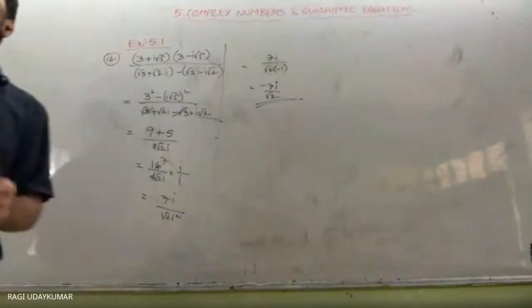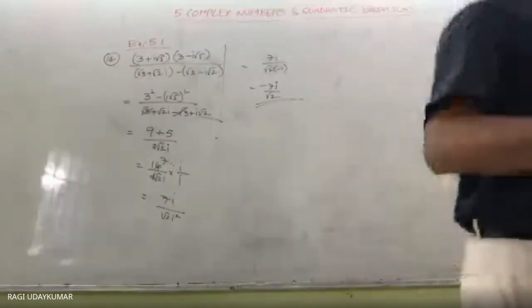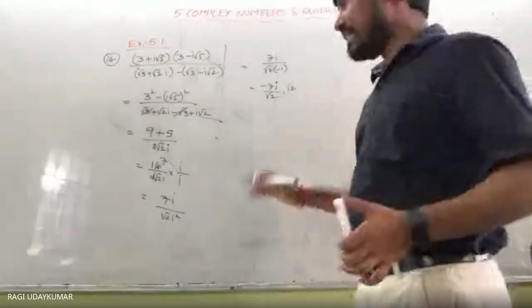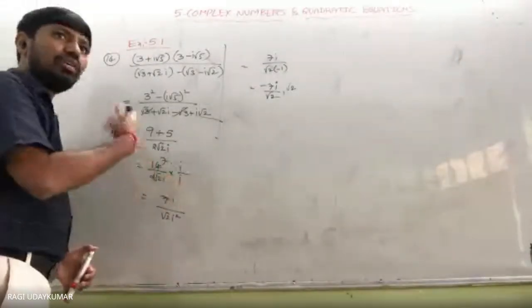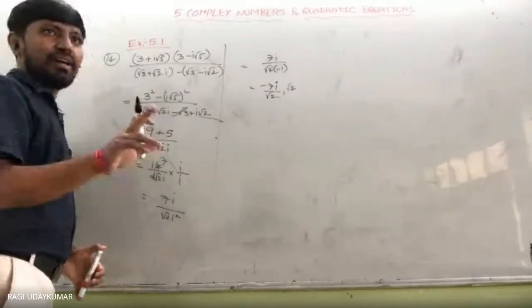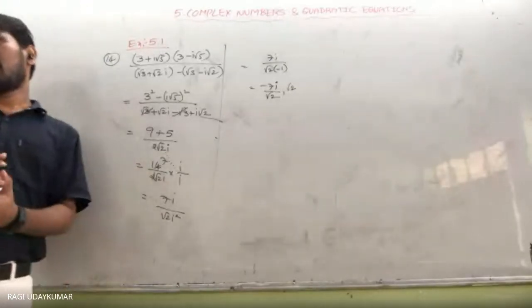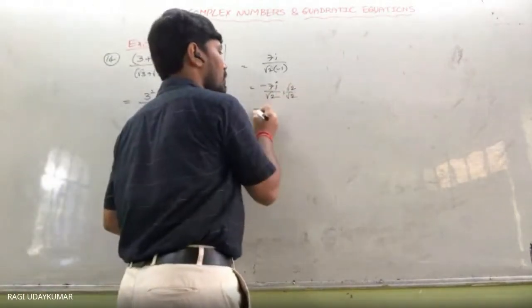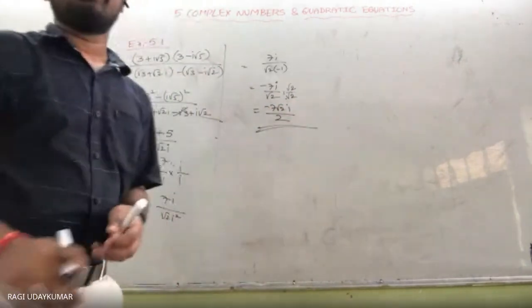One more thing you can remember here: the denominator has an irrational number. The concept of rationalizing the denominator you also have, so that root 2 you also have to eliminate. If you leave this one, okay. Instead of multiplying by i here, if you multiply by root 2 i here itself, it becomes a rational number. Sorry, the irrational number becomes rational, the imaginary number converts to a real number. And at the end also you can multiply root 2 by root 2. What do you get here? Minus 7 root 2 i by 2. Okay.